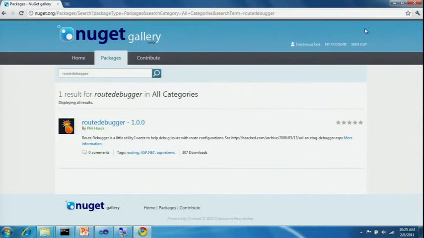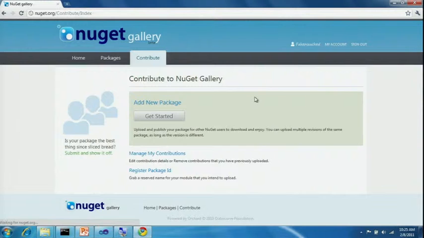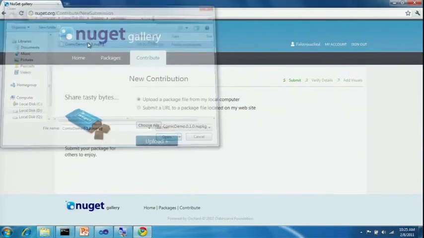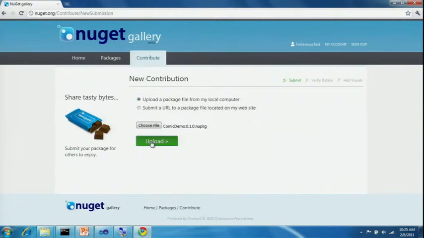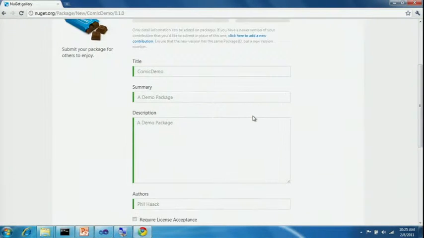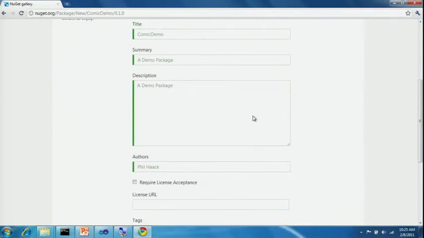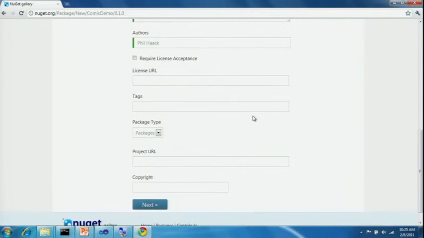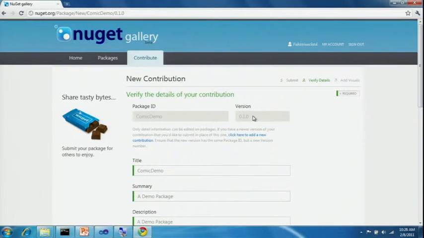And let's go to contribute. When you create a package, one way you can get the package into the site is to click Add New Package, and then choose your package file. So for example, I might choose comic demo, and then click the upload link. And click upload, and then you have a last chance to modify the metadata, though most of that metadata is pre-populated from the package itself. And then I'm not going to click next because I don't want to pollute the feed with my comic demo. And I want to show you another way to do this. So let's